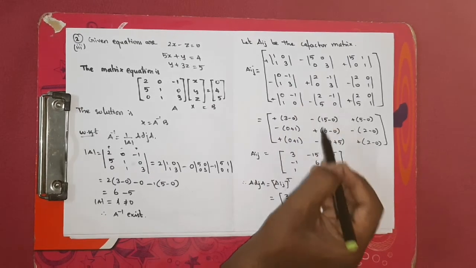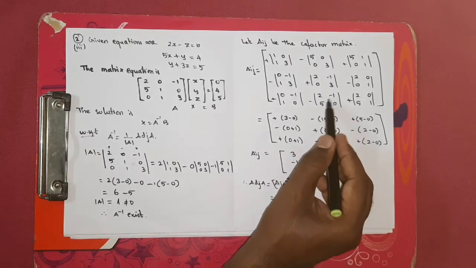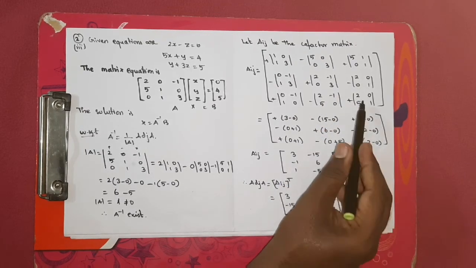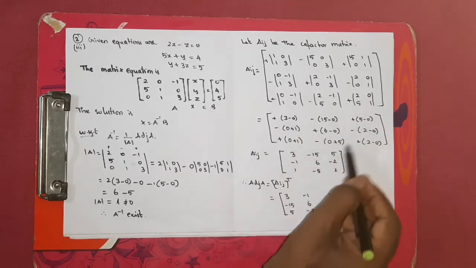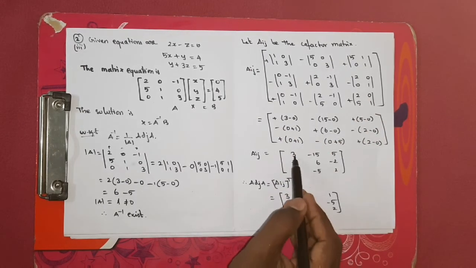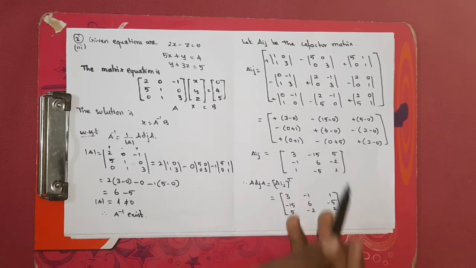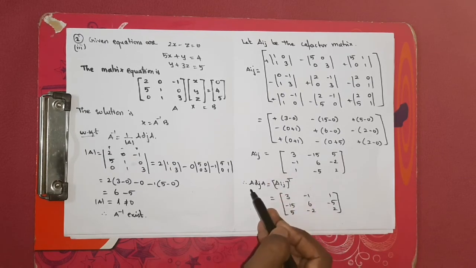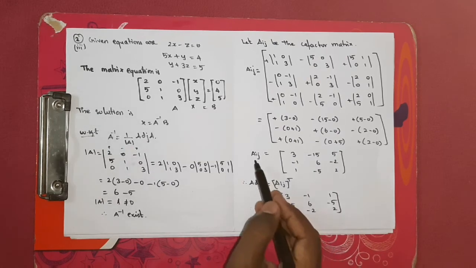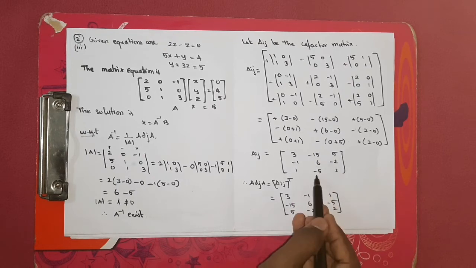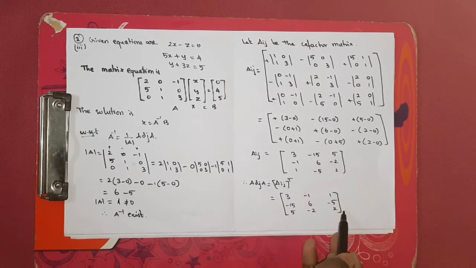Now minus of 2 into 0 is 0, and then minus 1 into 5 is minus 5, but above this also there is a minus, so plus 5. Next plus of 2 minus 0. When solving this, we get this Aij matrix: 3, minus 15, 5; minus 1, 6, minus 2; 1, minus 5, 2. Now this is Aij, but what we need is the adjoint of A. If you want to find the adjoint of A, what do we have to do? For this Aij, you have to take the transpose. So this column will become the first row, this column will become the second row, and this column will become the third row. So this is your adjoint of A.